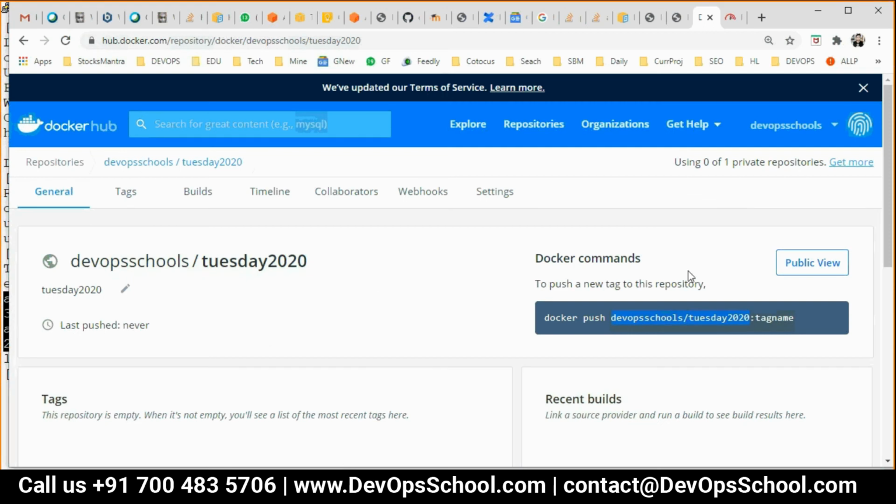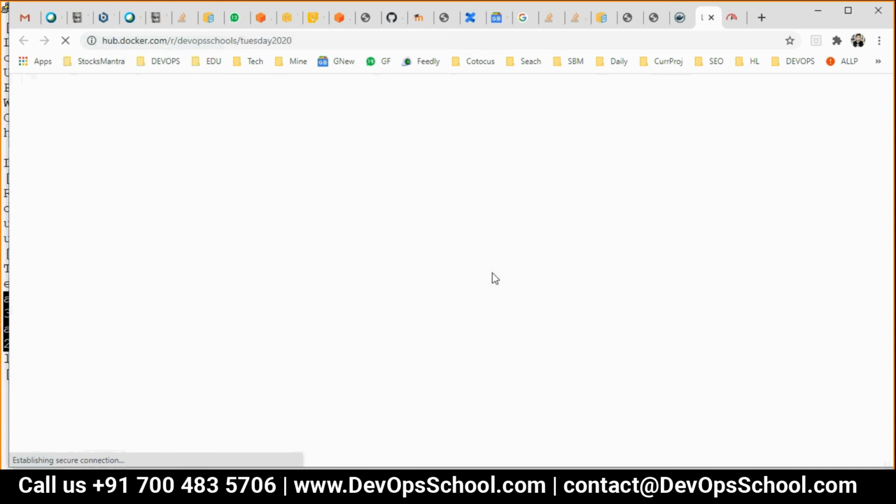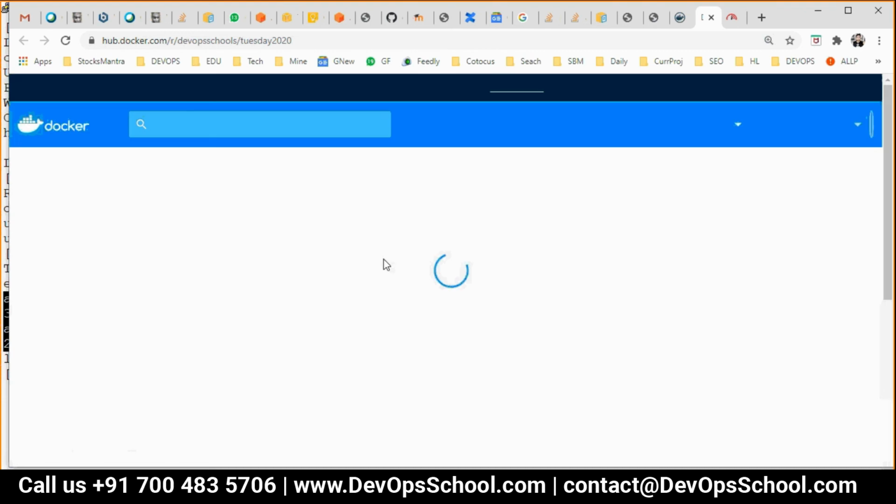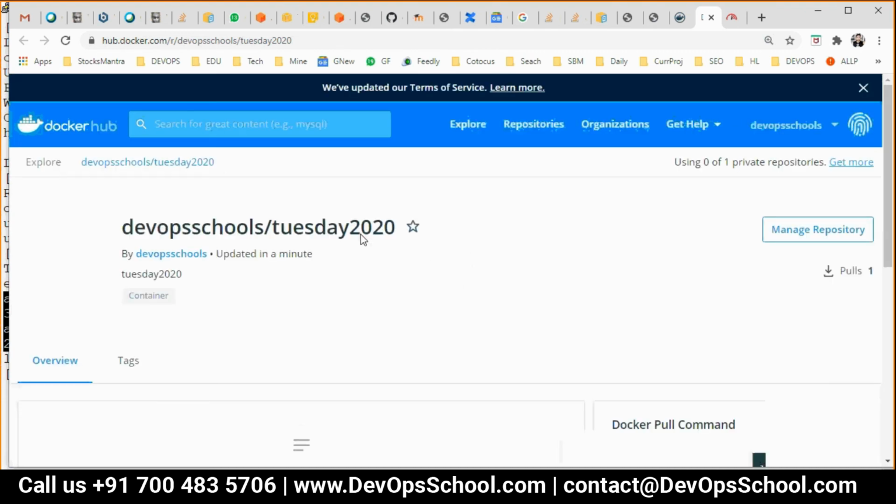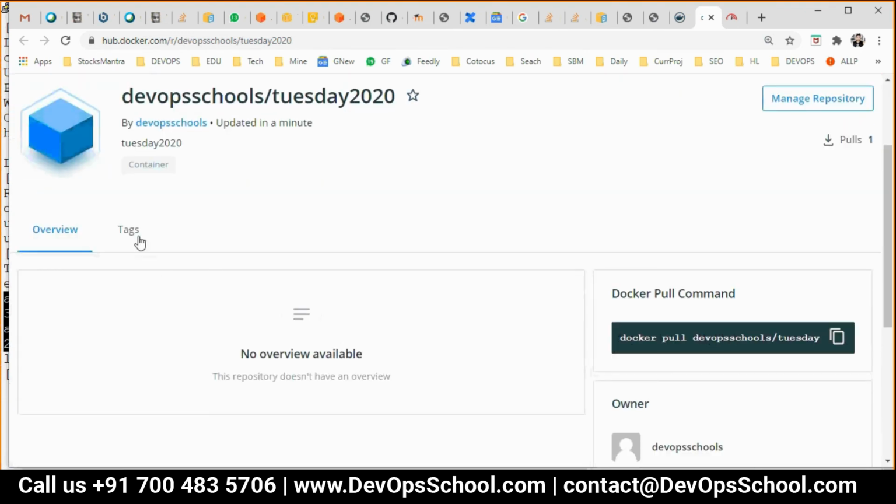Okay. Now here, go to the public view. So anyone in the whole world who wants my image, which has Ubuntu plus Git plus Apache, can use this image. Okay, see here, tagged.